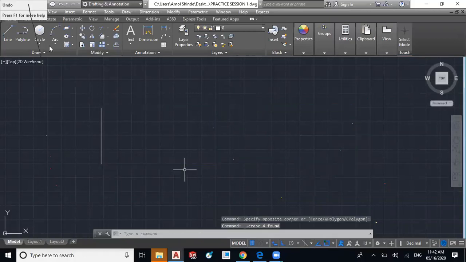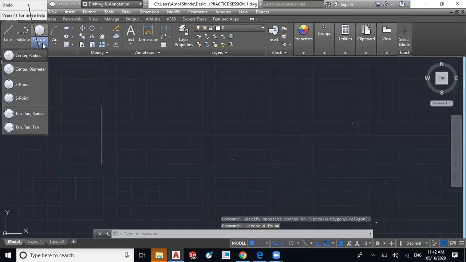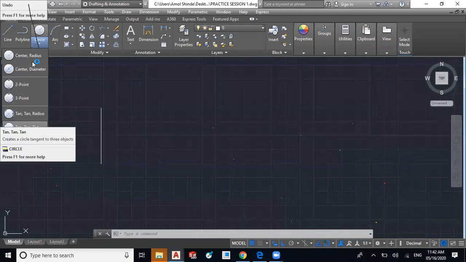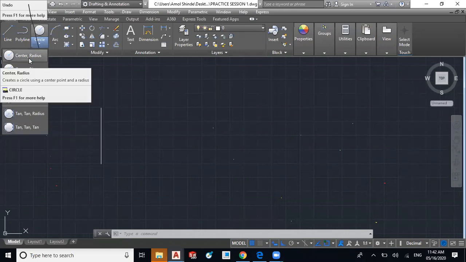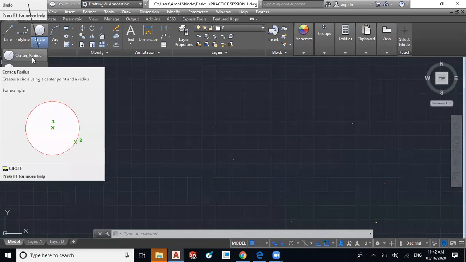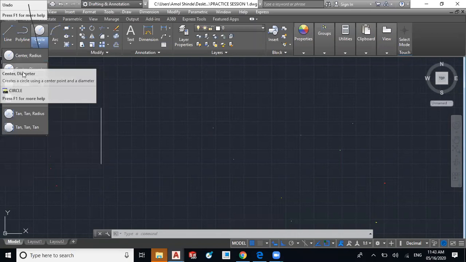Okay, then the next command is circle. There are 6 types of circle: center radius, center diameter, 2 point, 3 point, tan tan radius and tan tan tan. So according to the given inputs, you can use the type of the circle. Generally we get the input like center and radius or center and diameter, so these two are mostly used options.